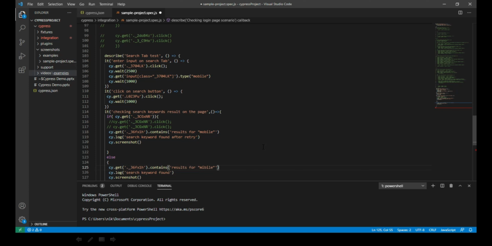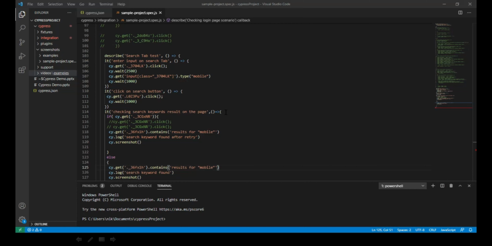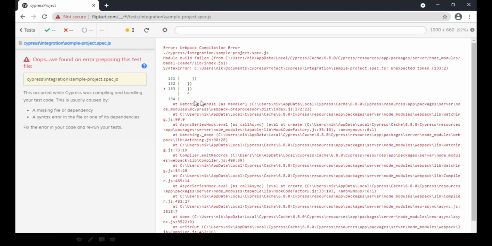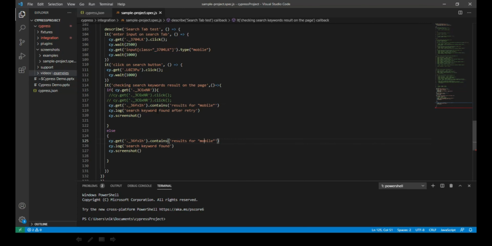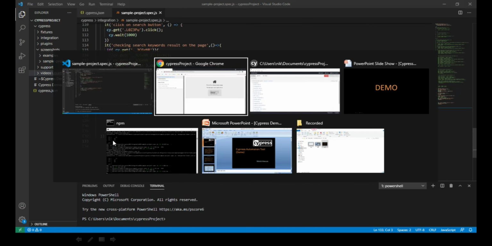Okay, let me show you how it gives the difference. There is some syntax issue that I have made, because I have closed that iteration one.